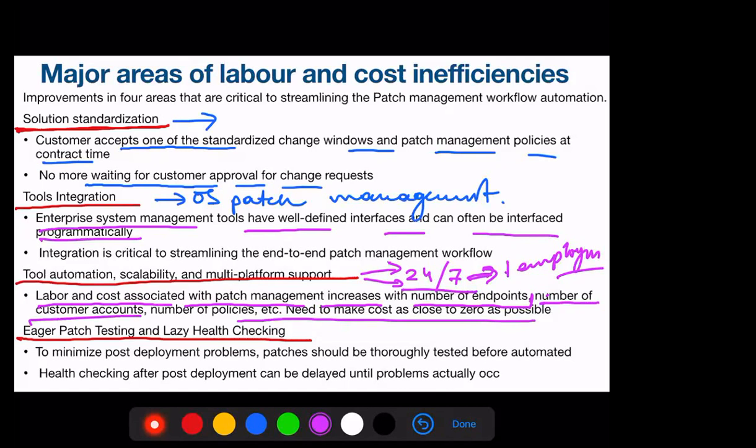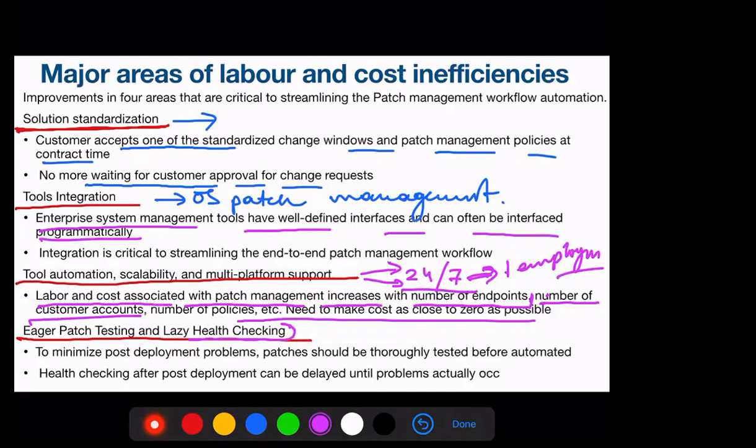Okay, the last thing is eager patch testing or lazy health checking. Every time, if I find out during the health checkup after patch management that the health is not good, meaning most of the systems or software are not running properly, it creates a huge problem. In that case, I need to restore or revert my systems to the last checkpoint, and then go through the entire patch management again so that it does not affect my applications, right?